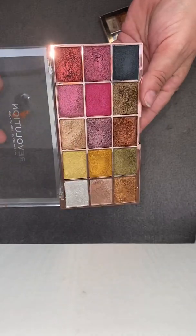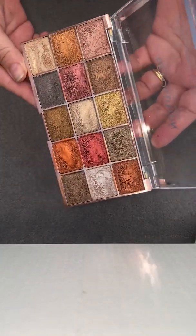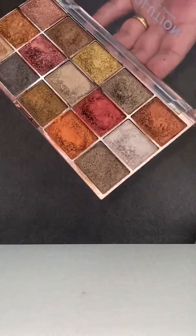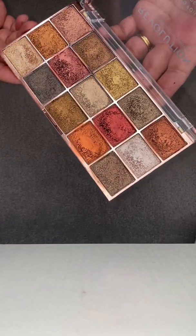So again, really nice shades. And then this one is Foil Frenzy Fusion. So this one is my favourite one. I use this one, or I have used this one quite a few times, just as an eyelid colour, but stunning. All of them are stunning. So now